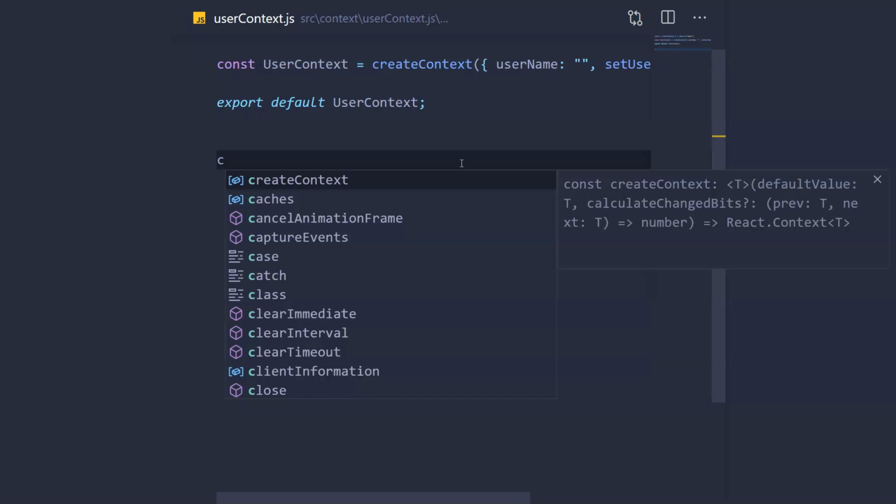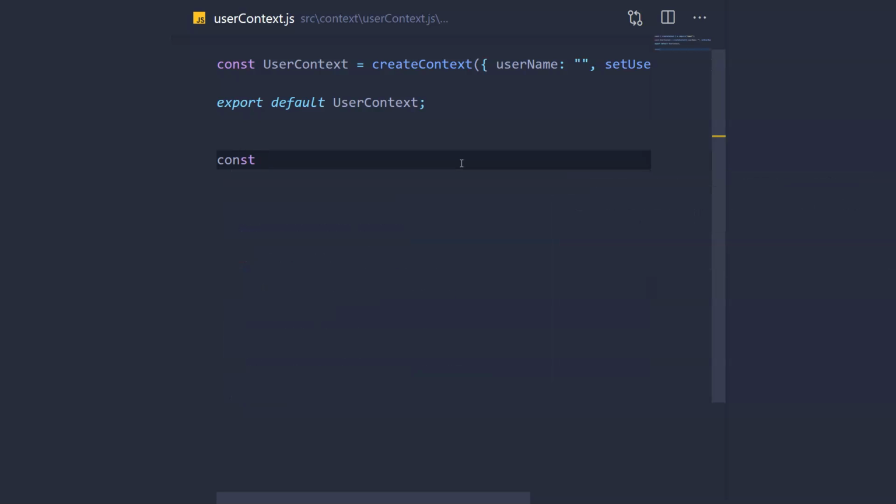Write the provider. Maybe I will simply call it UserProvider. Now this should return a user provider.